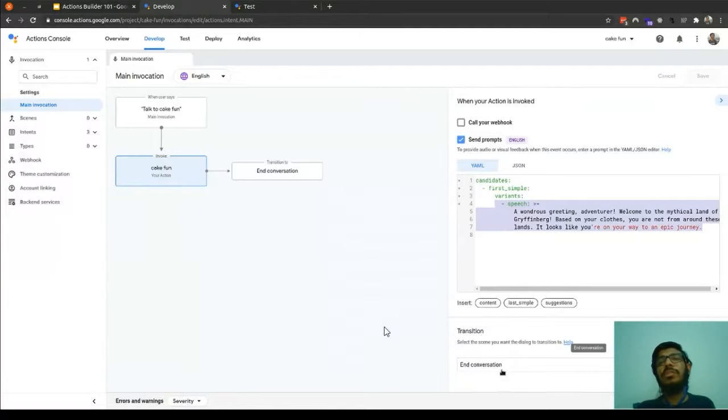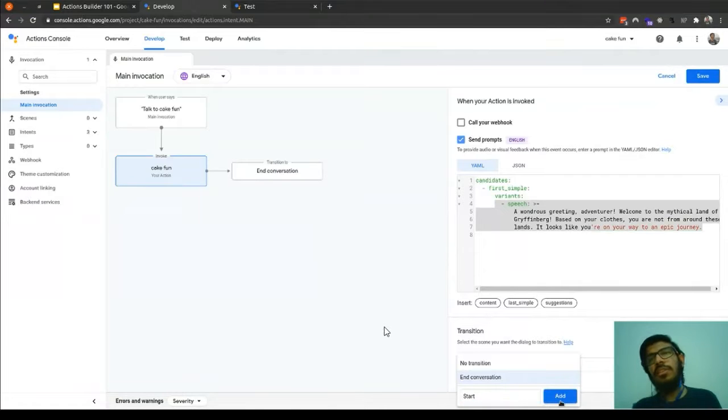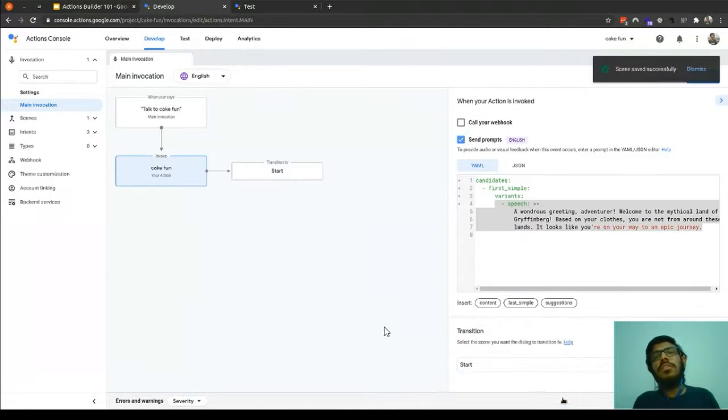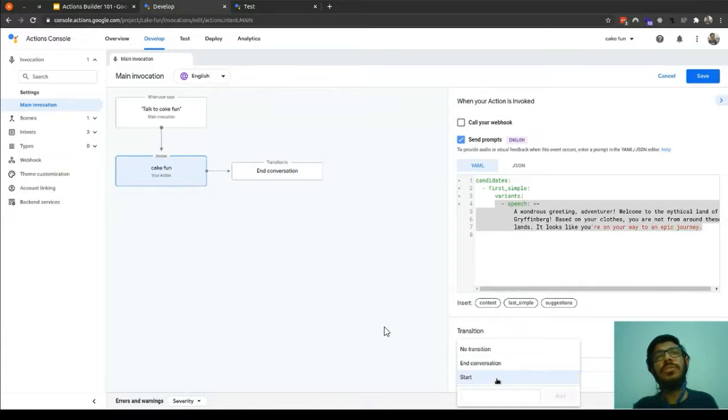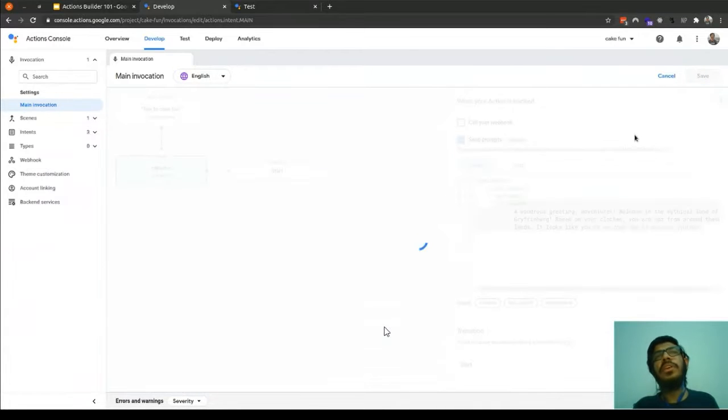So instead of transitioning into end conversation, which was selected by default, we'll create a new scene called start scene. If I change it to start, it says now it will transition to start scene. Make sure you hit save at regular intervals.